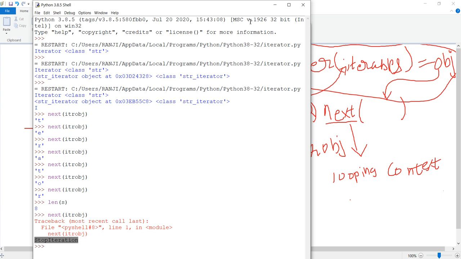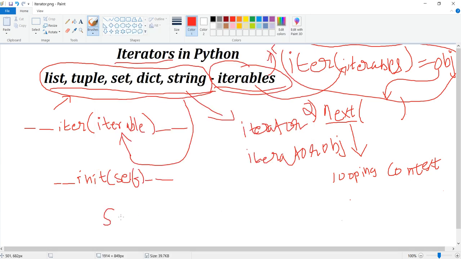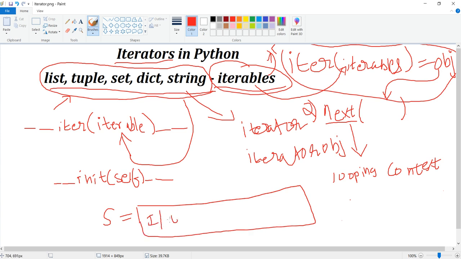So if you just write a code which is of this line, and you have n number of iterator objects, basically what happens is, say we have created the s, and inside this we have I, T, E, R, A, T, O, and R.